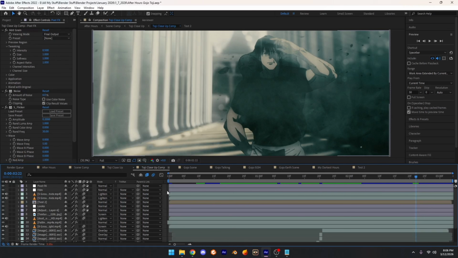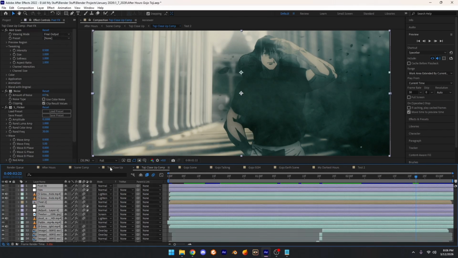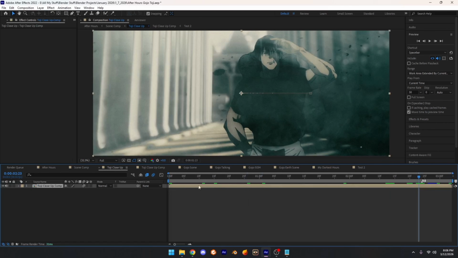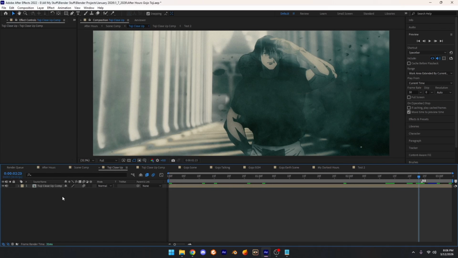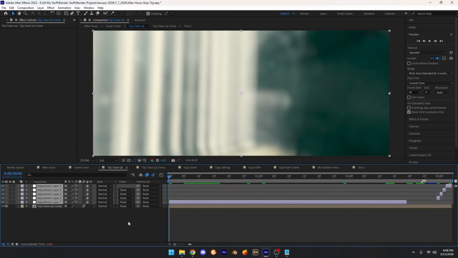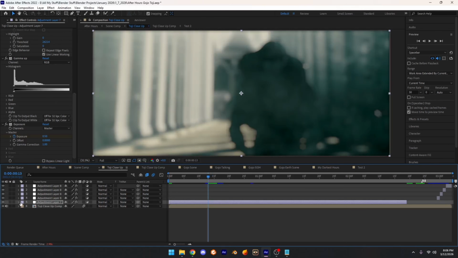I pre-composed everything, so I'll Control A, right click, pre-compose, name it, whatever. I moved it all, clicked OK, and then it created this, which will turn into this tan looking thing or whatever color you have it set to. What I did basically, I zoomed it in, so I made it zoom out, if it loads. And then I added this plugin, which makes a camera lens blur, which if we get rid of it,